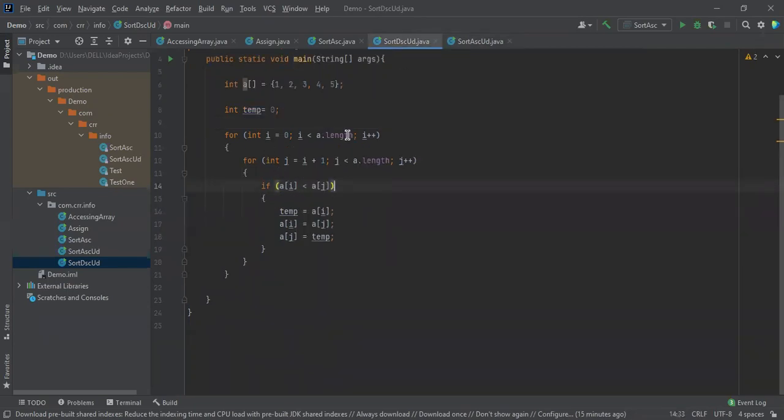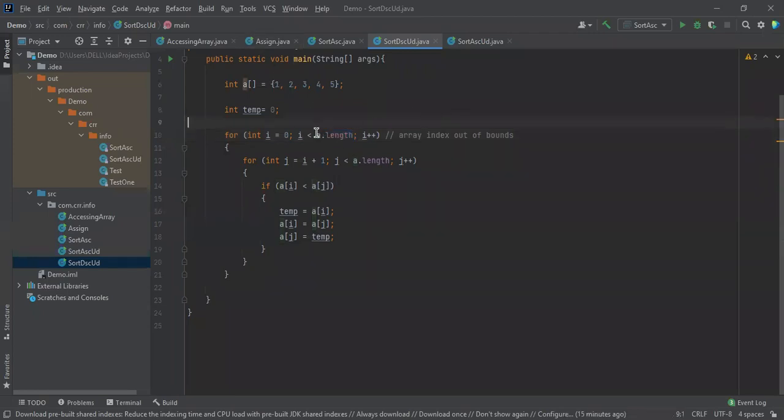Let me explain. The same things will be over here. It should be the length of the array, because other than the length, if you're going to iterate, it gives an array index out of bounds error. This error will occur if we didn't get the proper length over here.